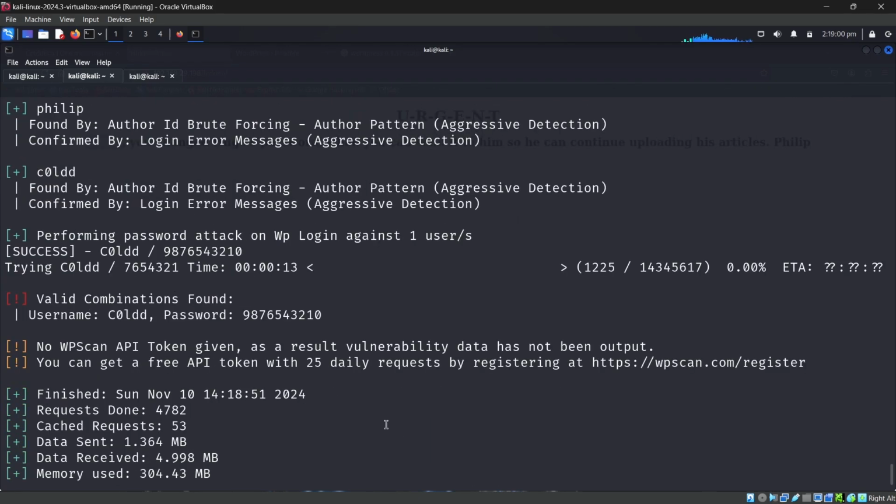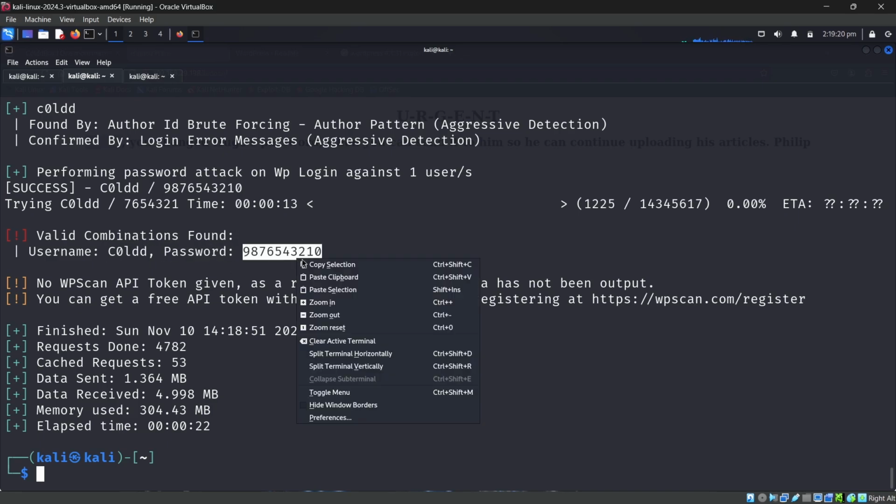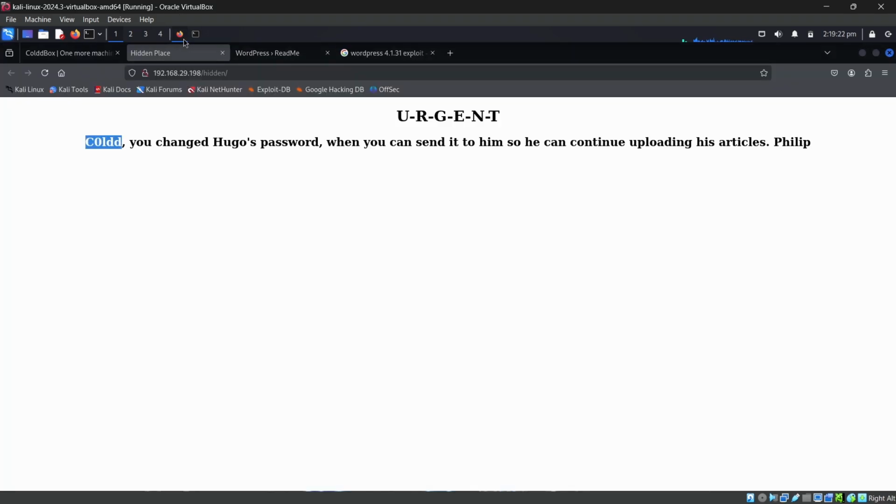So at the end we can see, yeah, we got success. As you can see, the password attack was a success, and we got something here. As you can see, username Cold, and the password here we got it, right? So we got the username and we got the password. Okay, the username is Cold and the password is this number. So you can copy the password, and